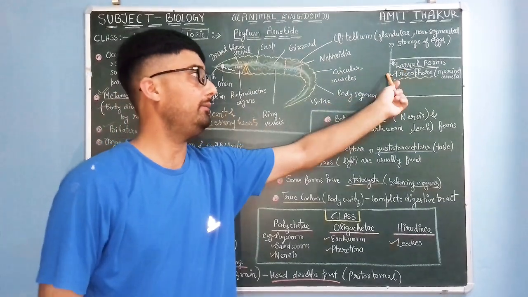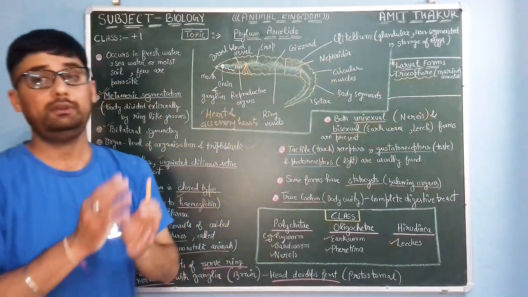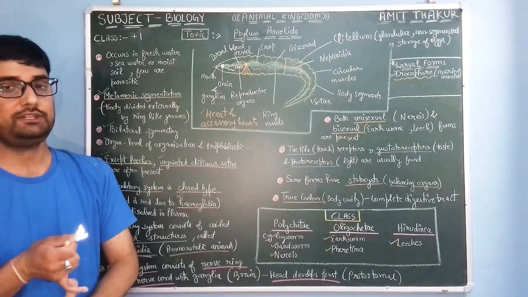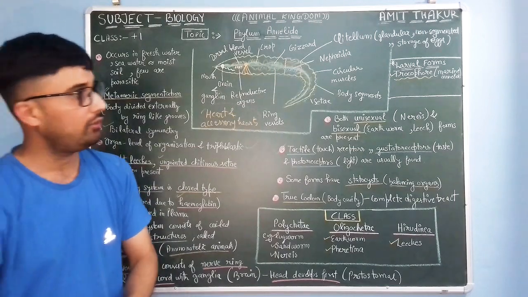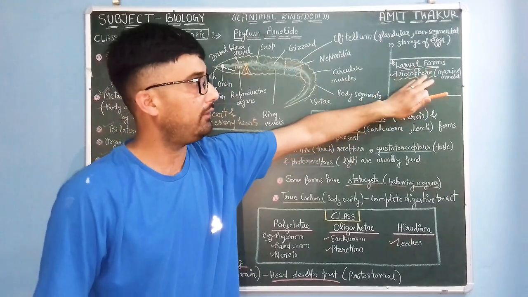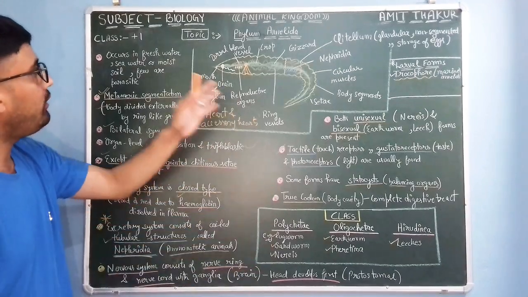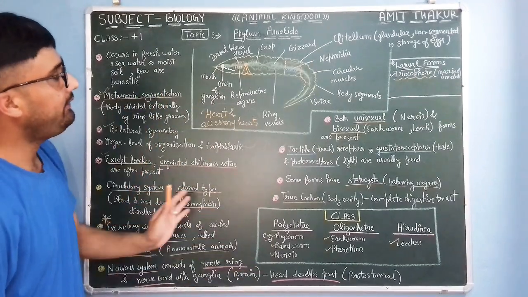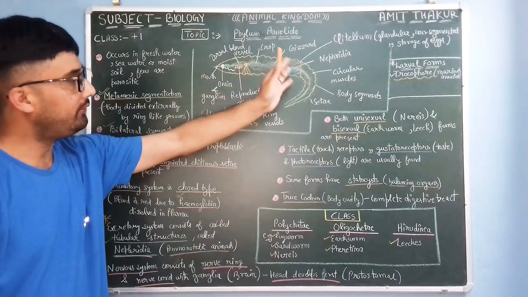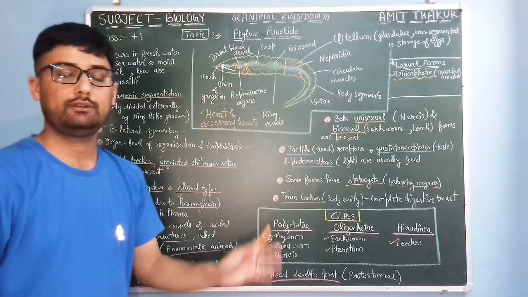The larval form is very important. It is a trochophore larva, which is a free swimming larva present especially in marine annelids. Okay, trochophore larva is a free swimming larval form present in marine annelids. That's all about phylum Annelida, its structures, various body parts, organs, and characteristic features. Thank you very much.